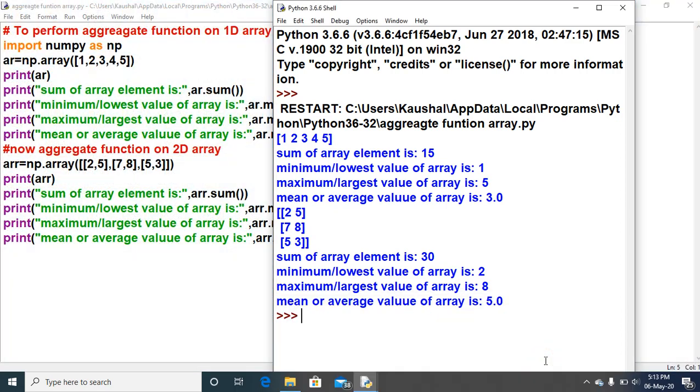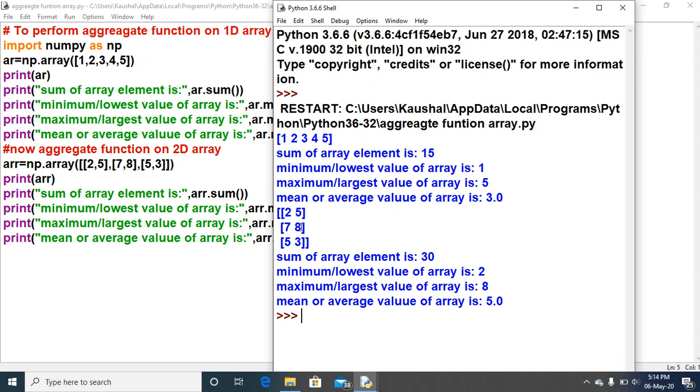The second print is to find out the sum. ARR dot sum is coming as 15. How? 5 plus 4 plus 3 plus 2 plus 1 is 15. The minimum element, or the lowest value, is 1. The maximum in this array is 5 and the average is 3, because 15 divided by 5 is 3.